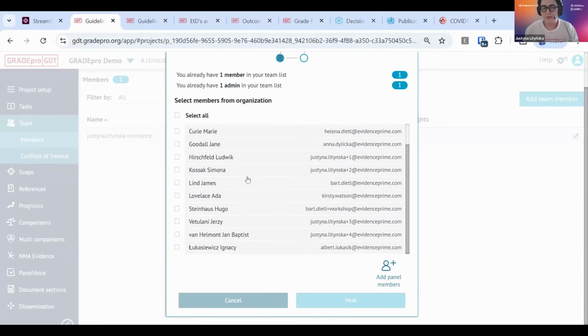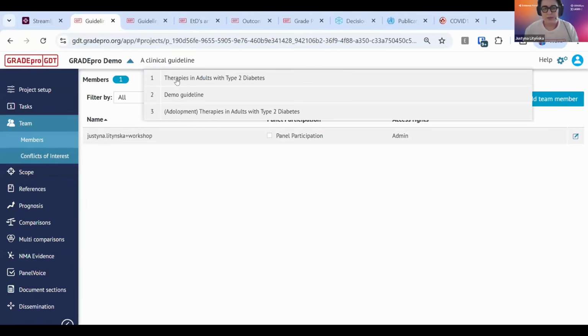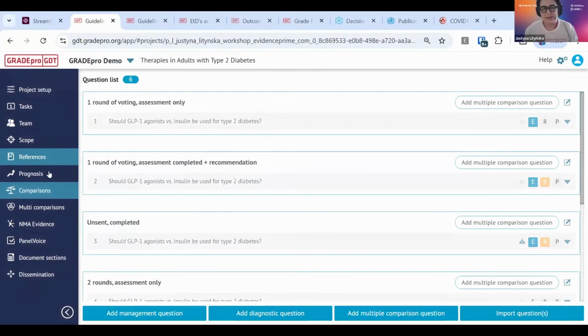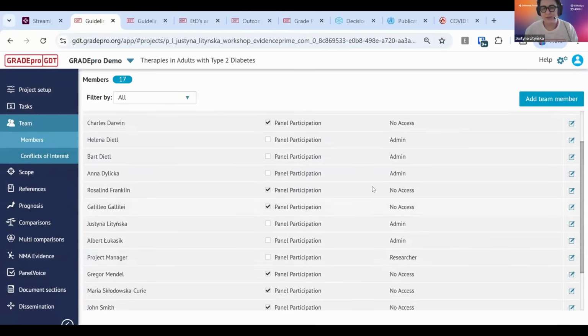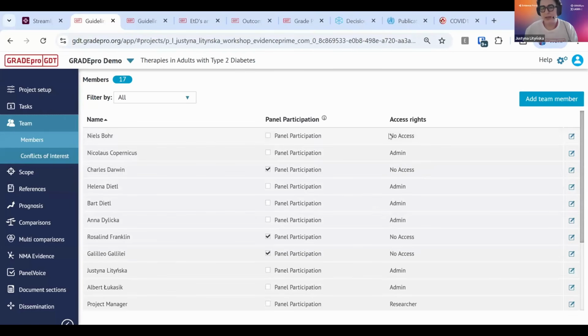Only people from those lists can receive such an invitation. And that's how it can be done. I will show you now in a full guideline how such a list might look. There can be a variety of access rights, admins and researchers, and you will notice that some people have no